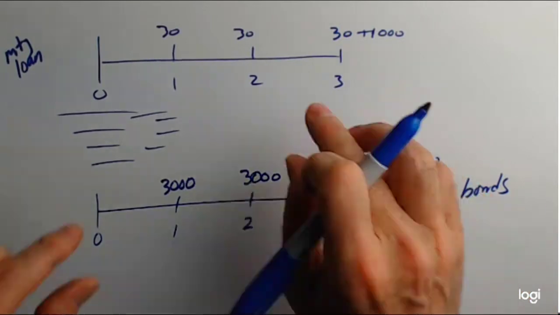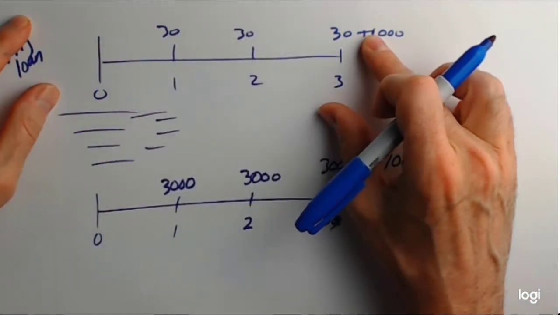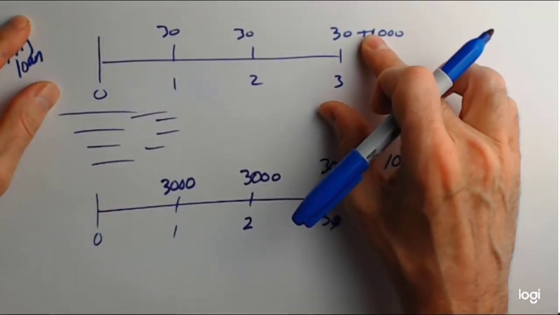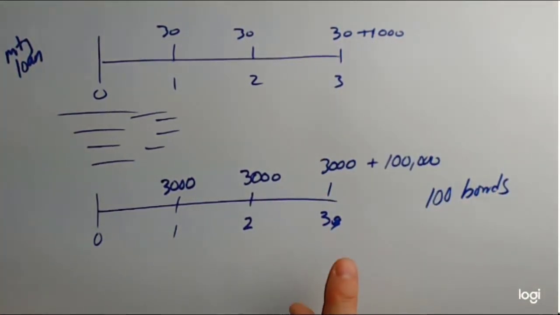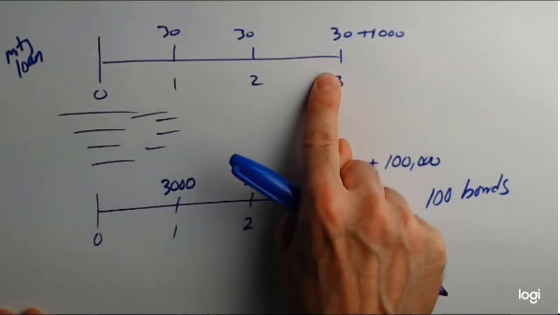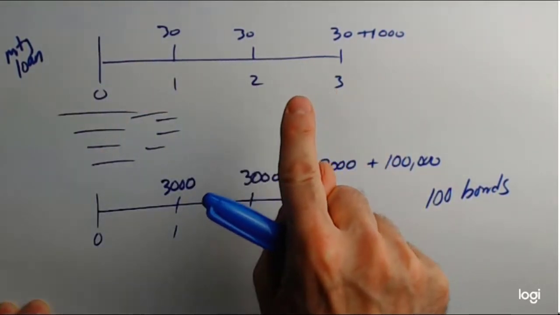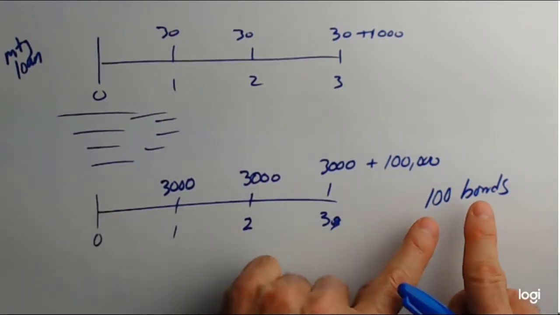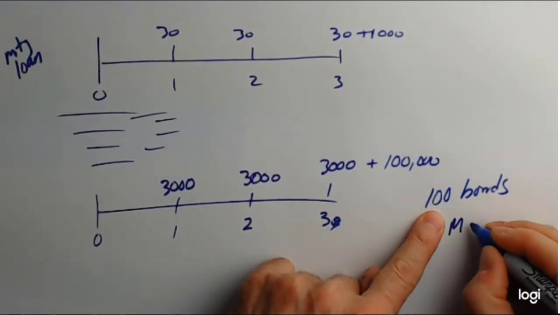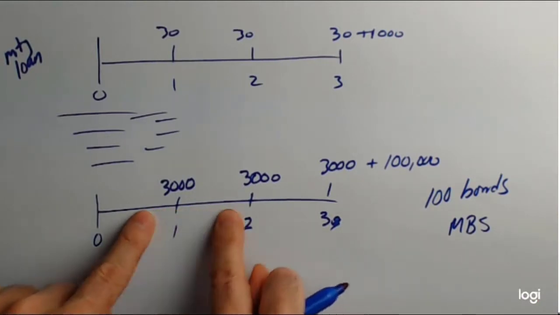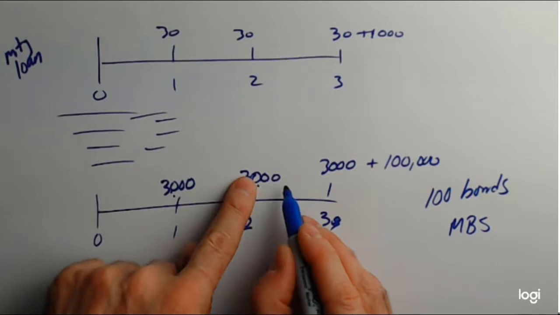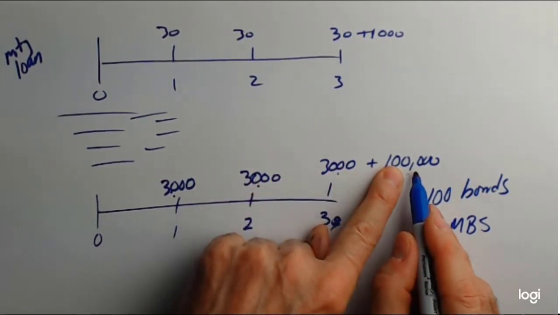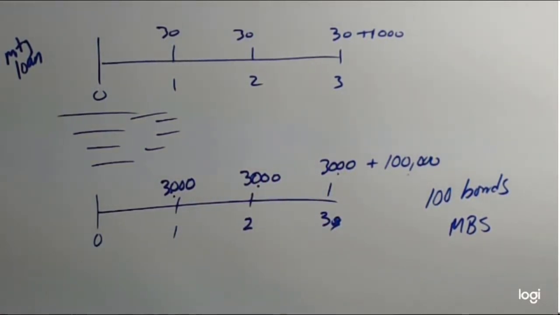Here you've got very illiquid mortgages. You and I can't buy mortgage loans. If you're an institution you can buy them, but you can't buy them on an individual level. And so we're precluded from these markets as individuals, but bundlers can package these things into bonds called mortgage-backed securities, because with these bonds, right, there's 100 of them, so each one throws off $30, $30, and $30, and then $1,000 at the end. These bonds are basically the same thing as a mortgage loan,